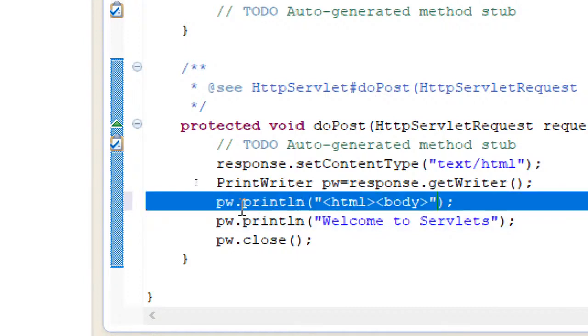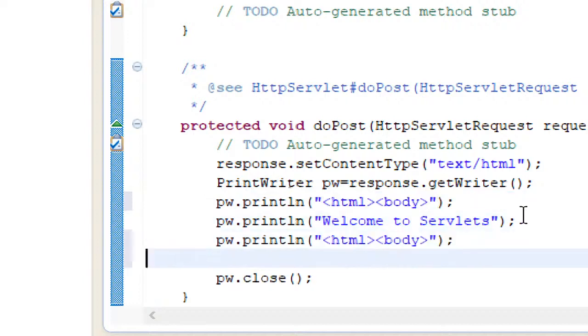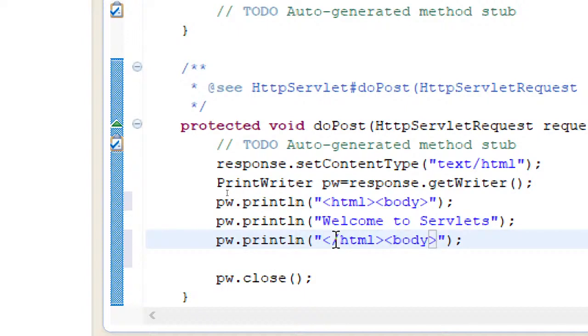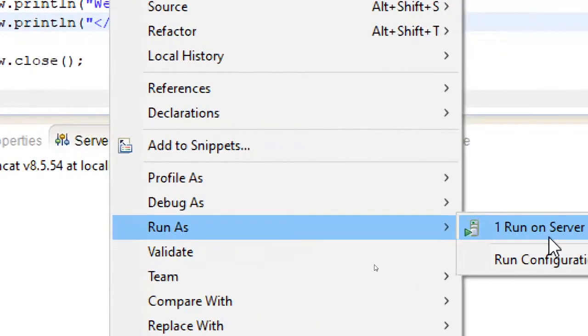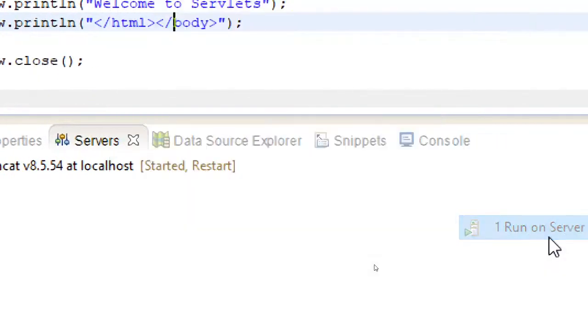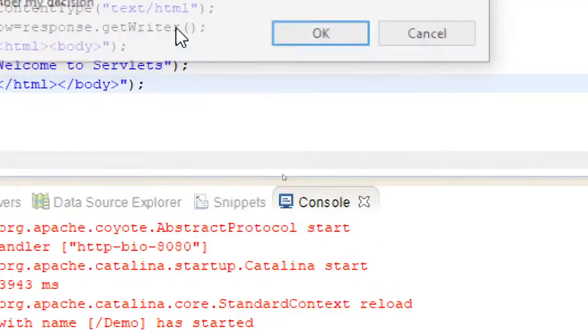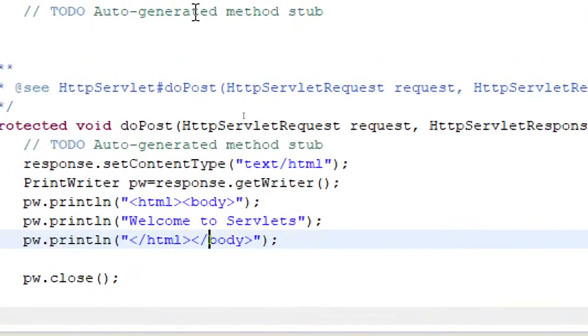For that reason I'll copy this and then paste it, and then here I'll use the closing tags, so forward slashes. Let's save this and run as, run on server. Click on finish, restart the server.